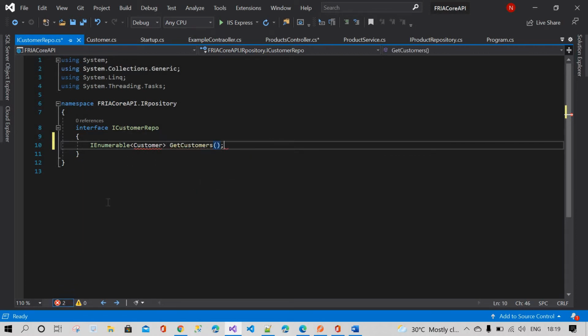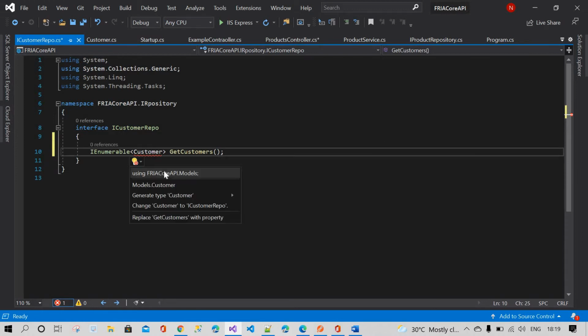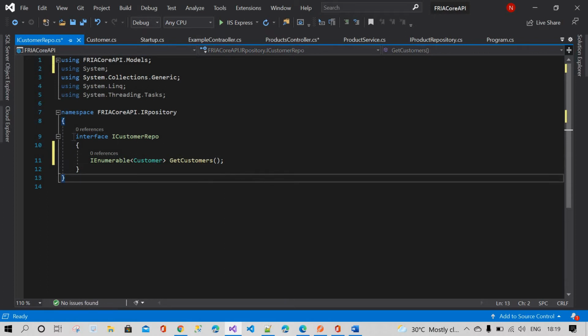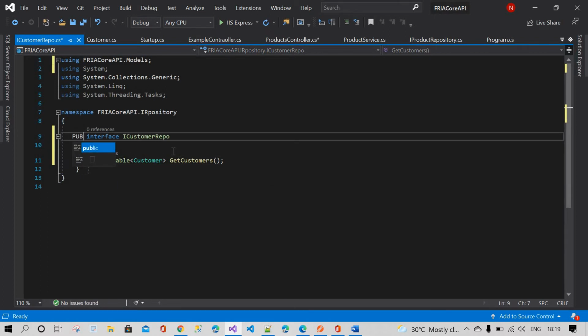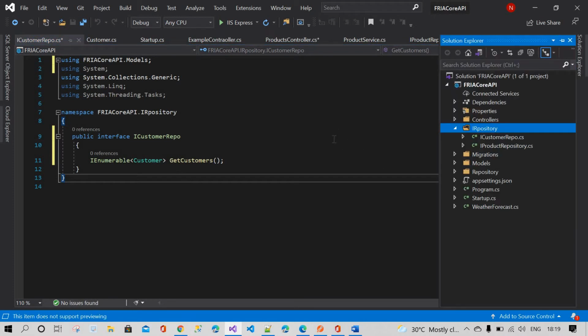This is a method declaration only. If you want to implement this, you have to implement it in a class. Every interface is implemented in a separate class. That is the repository.